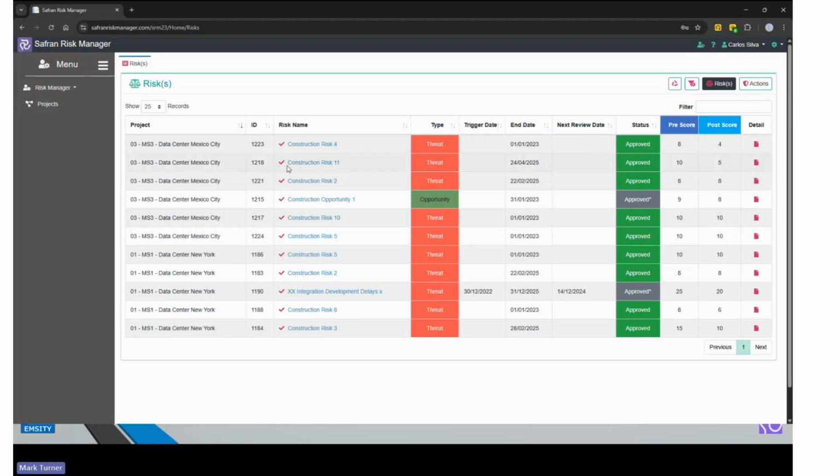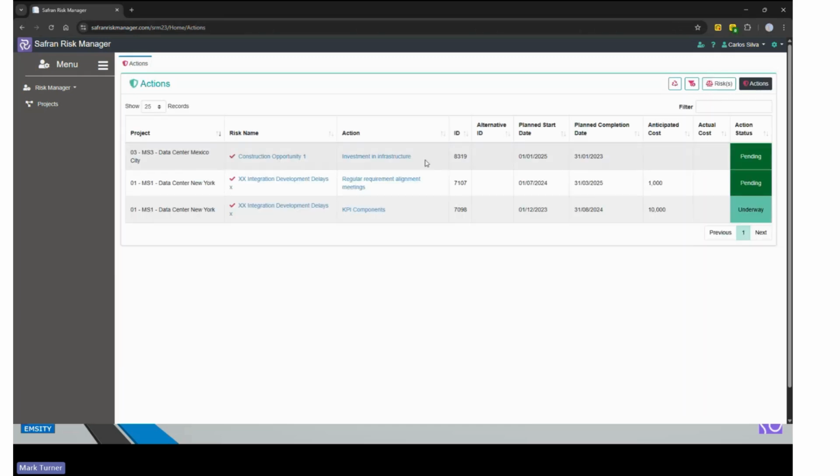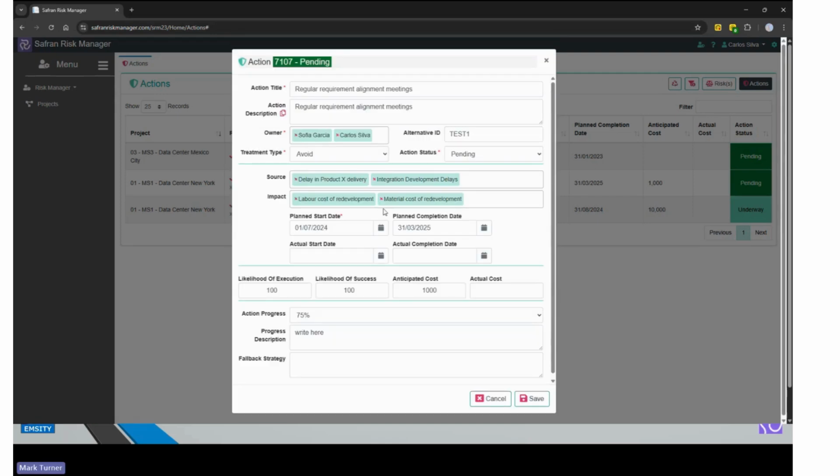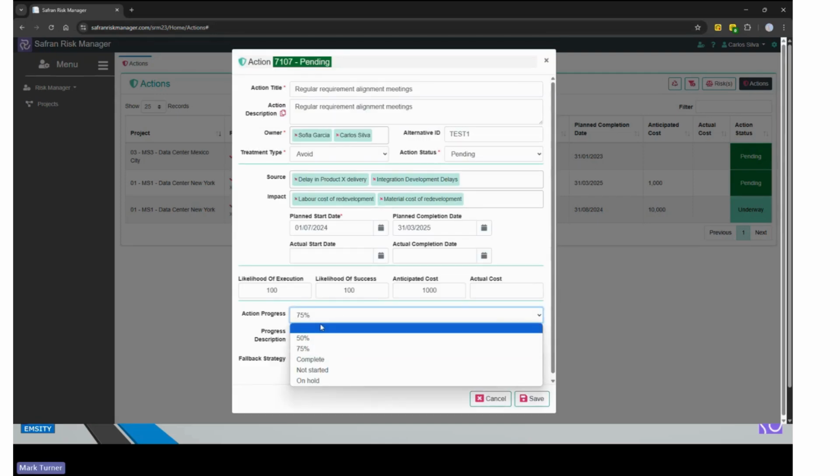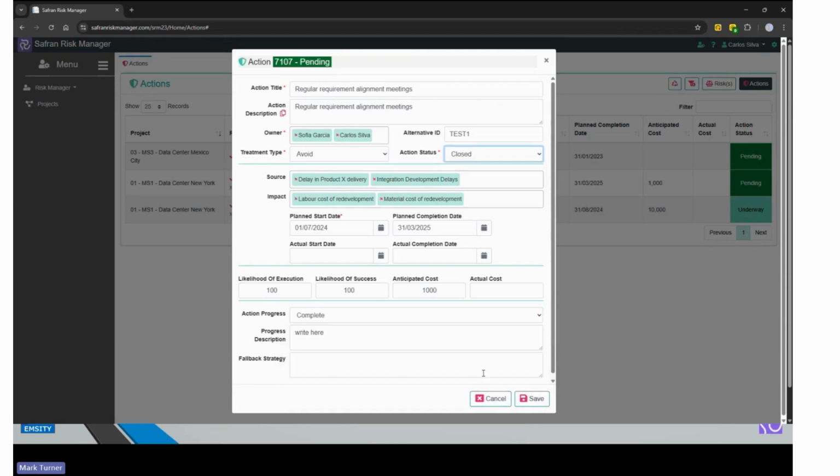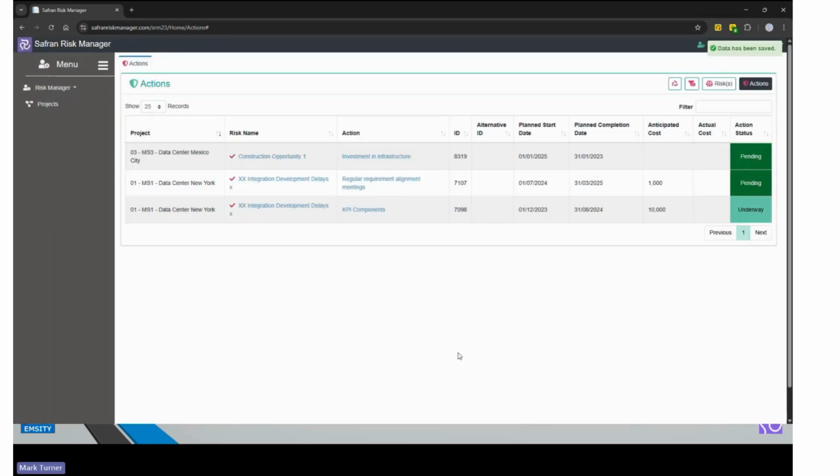And open risks are presented by the risk name. So each row represents a risk. And should he wish to do so, he also has the ability to switch to actions and see the actions which he's been allocated. Now, the most common use case for any user would be to come in, to look at their action, take this one here, to update the status. So this was 75%. So I'm going to mark this as complete. Okay, we're going to mark it as closed. I'm going to save it. That's my action now updated to the current process, and I can log off.